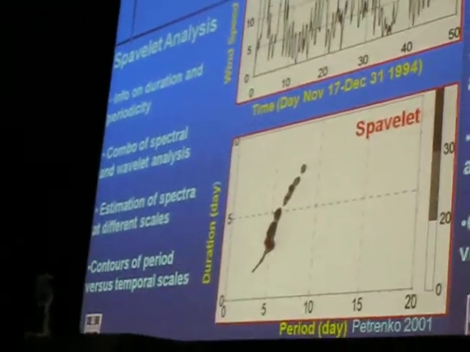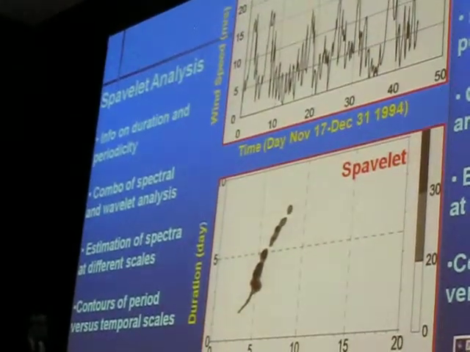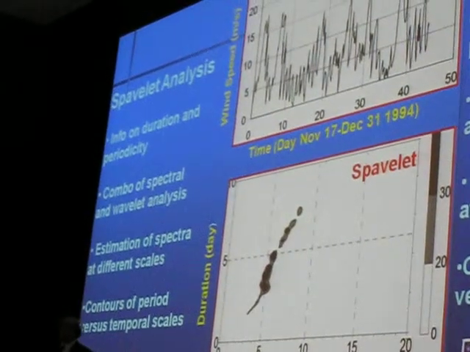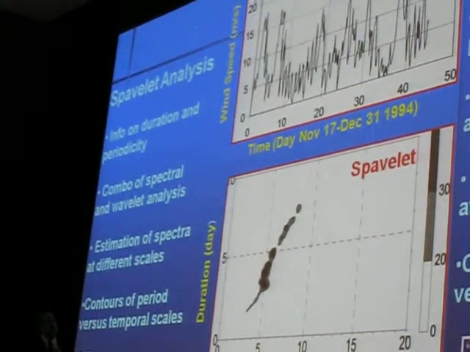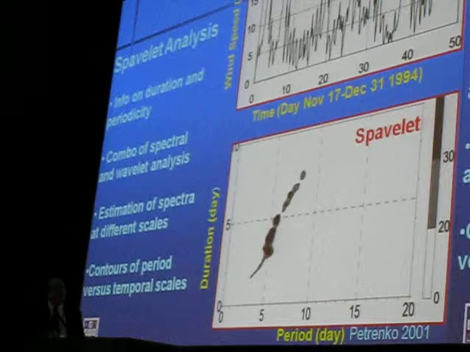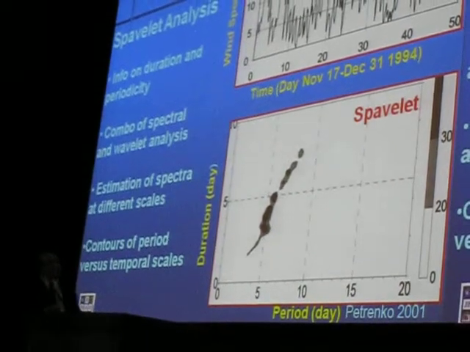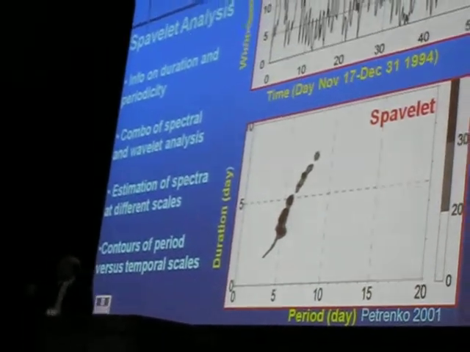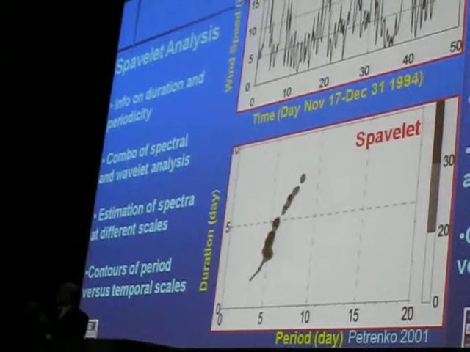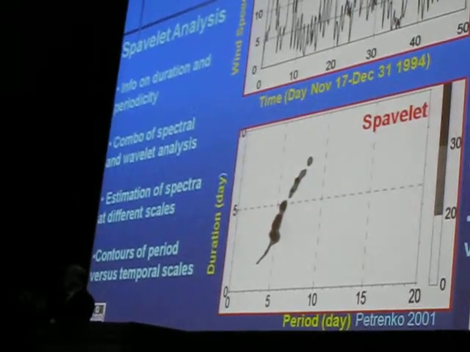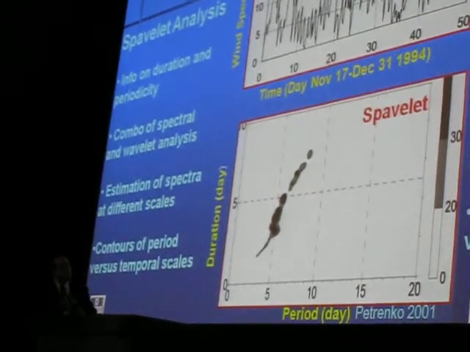There is something which I found from Russia. Renko has a very interesting use of wavelets. He married wavelets with spectra, which was very useful. Here is an example of some winds in Antarctica. And as you can see, this is a long day's record. If you want to see certain frequency of events happening, well, one could just go through that, but that's not